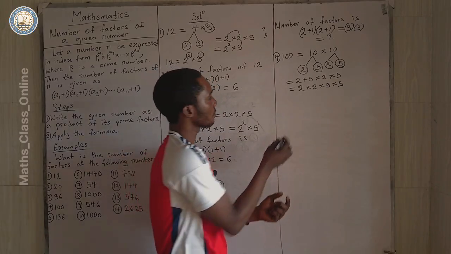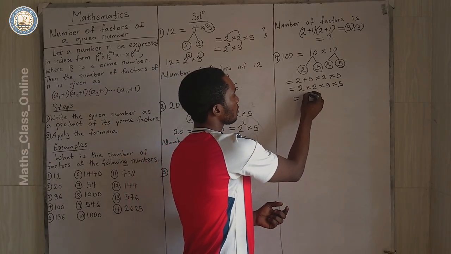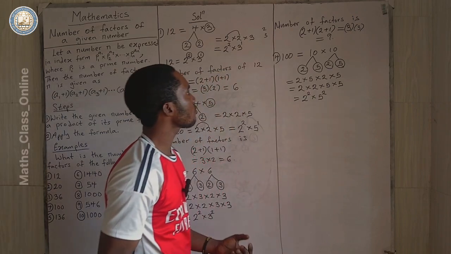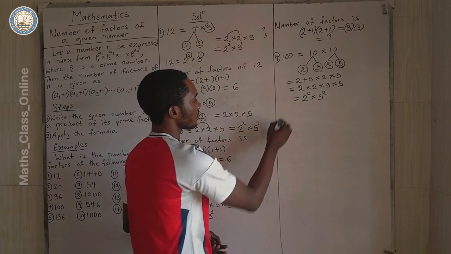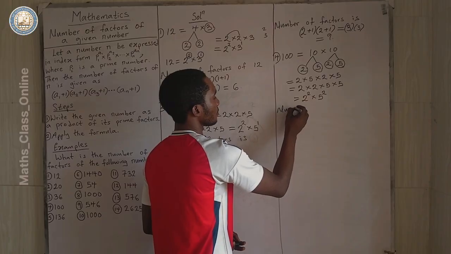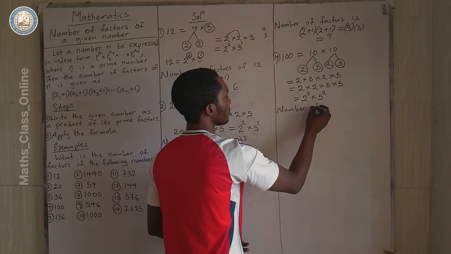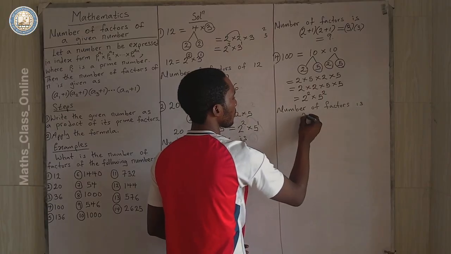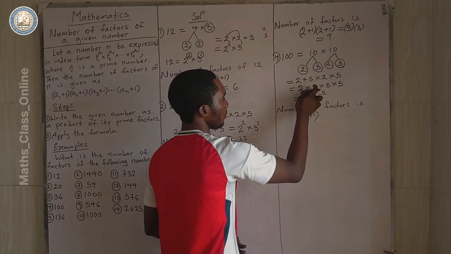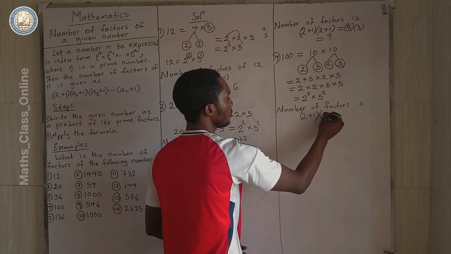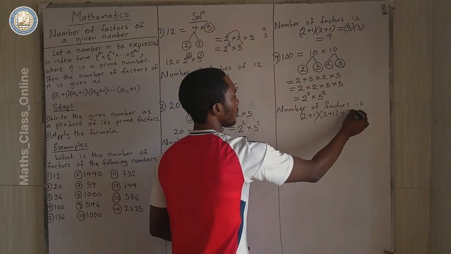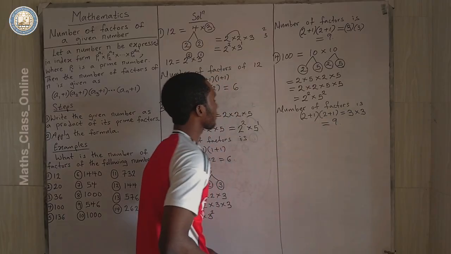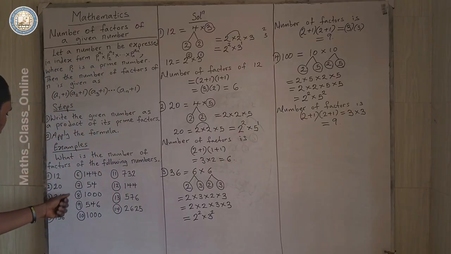In index form, 2 raised to the power of 2 times 5 raised to the power of 2. Now, what will be the number of factors? 2 plus 1, the power here again, 2 plus 1, 3 times 3, and that is equal to 9. Next, we have